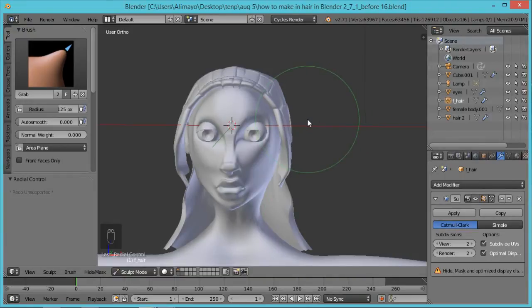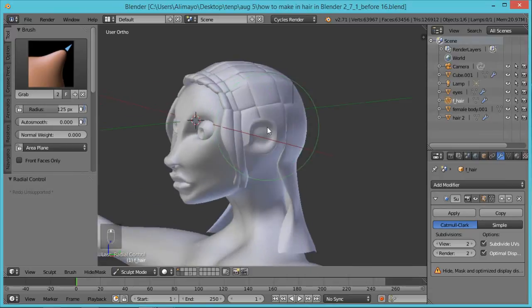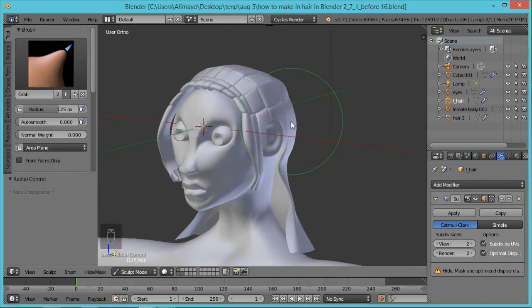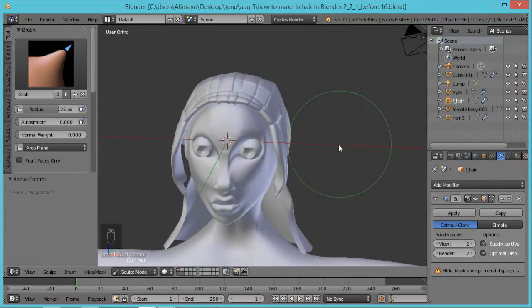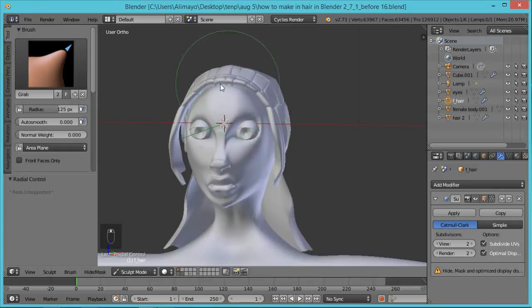And what I like about this hairstyle, this way of doing hair, while it generally is not going to give you a lot of different separate pieces to control, like you can get with curves, it's fairly quick. And it gives you a lot of options. And see how, like right here, you might sit there and say, okay, this is up here. What about her forehead? What if you want a hairstyle that's kind of like coming down over her eye or something like that? If we wanted that type of hairstyle, one of the things we can do is just click here, go back